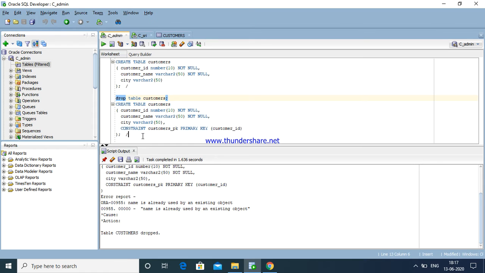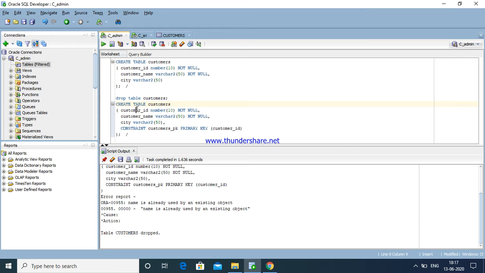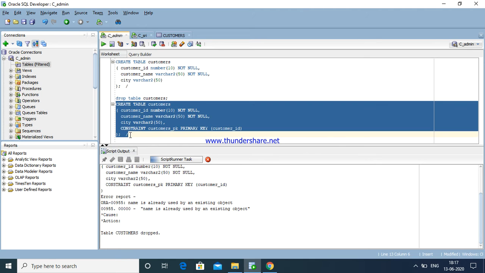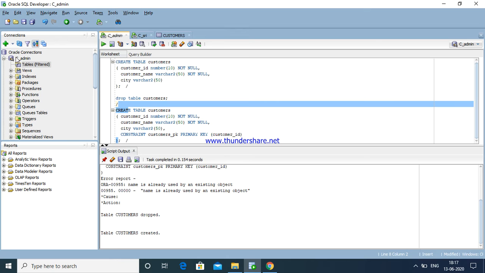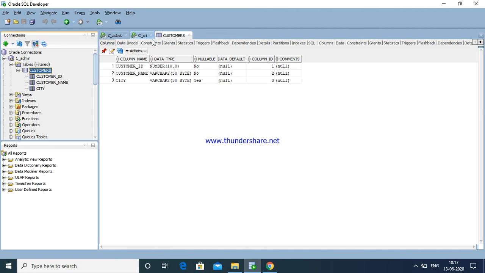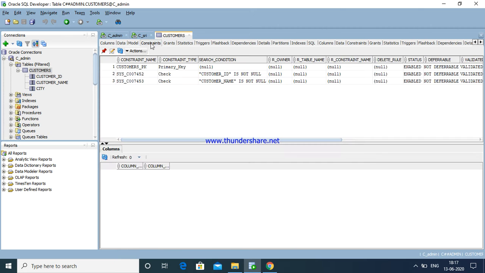Okay, again I am going to create this, with customer ID as primary key constraint. Now click enter. Okay, the table is created. Just refresh. See here, the table is created. Right click, constraints. See here my constraints.